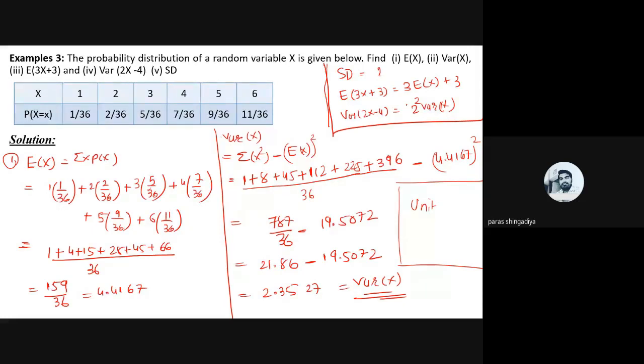In assignment 4 there are only 6 to 7 examples, not many examples are given, so that we can easily finish within 1.5 hours. Clear? So complete it today and upload it in Google Classroom. It is compulsory for all to complete the 4 assignments. Clear? And assignment 5, it is also very important to solve by yourself for this unit.